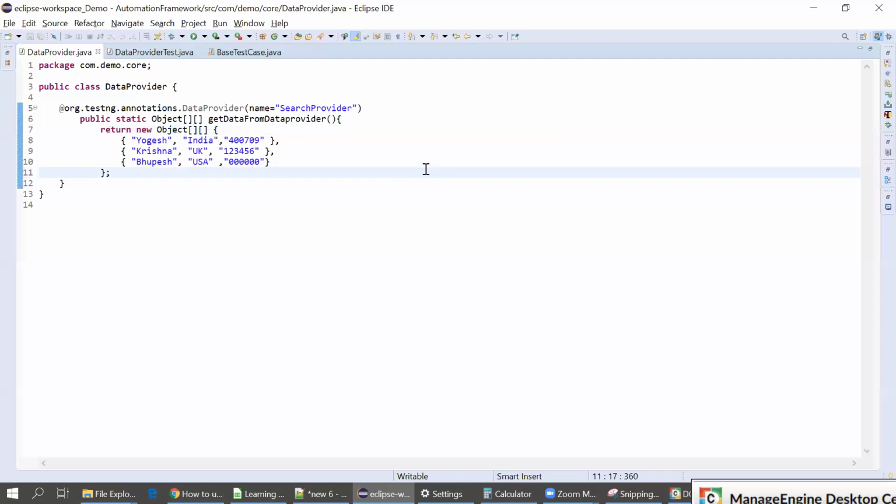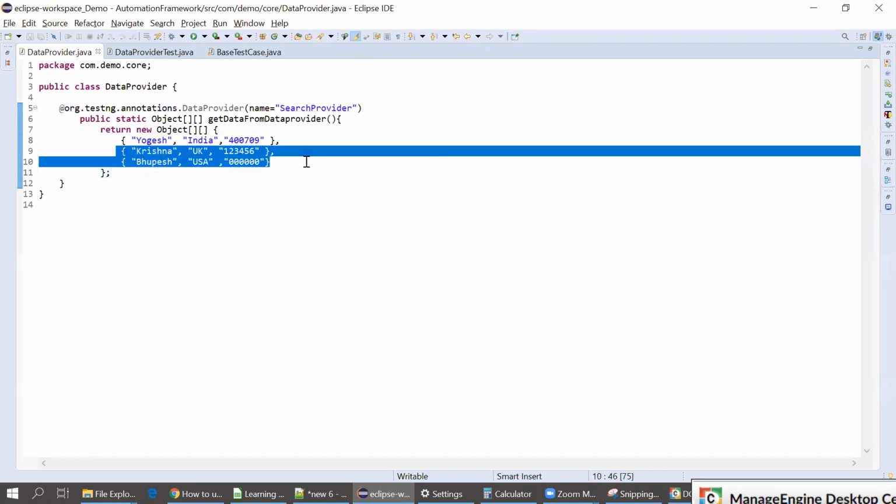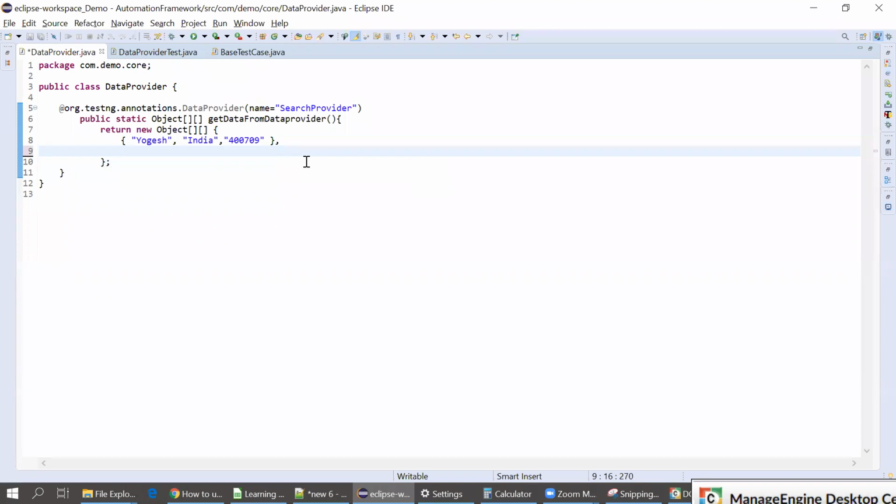Okay, fine. So here you print that data without a loop because you use return new every time, a new object, right? Yeah, that's why I said. In BDD we use the scenario outline to execute a test case for multiple data. Here in TestNG, we can do the same thing by using this data provider. Suppose you don't want to execute the test case for multiple data, we will just give a single data set, so our test case will get executed once only. That's also fine.